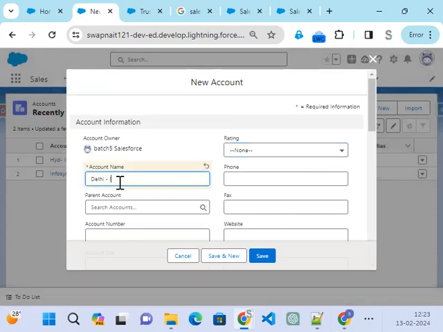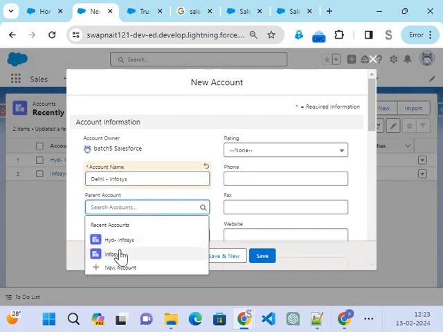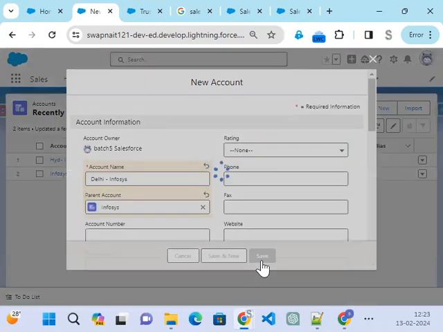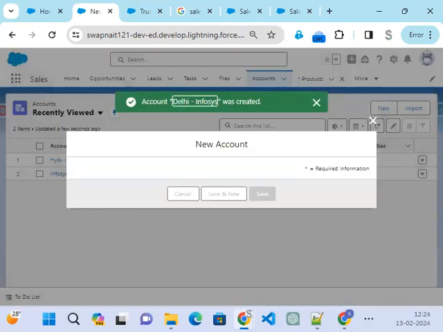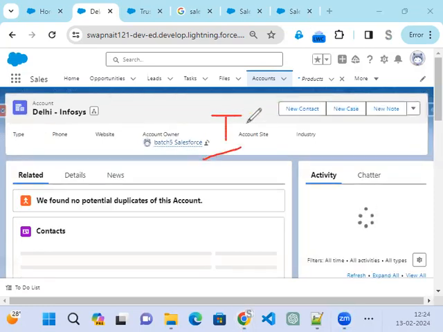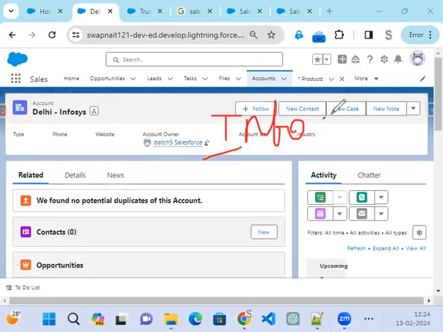Delhi Infosys. And they are also part of the main one, which is the Infosys. Click on this save. Now what we have, I have a structure: on top, I have Infosys, which is a main group,